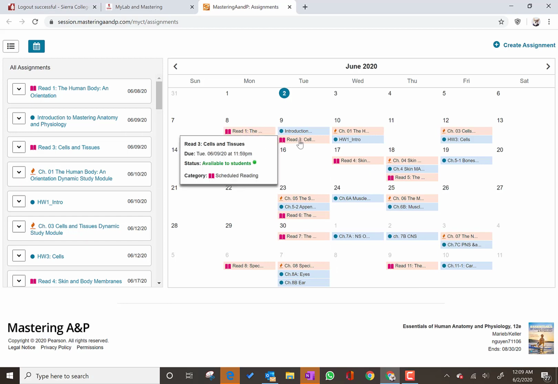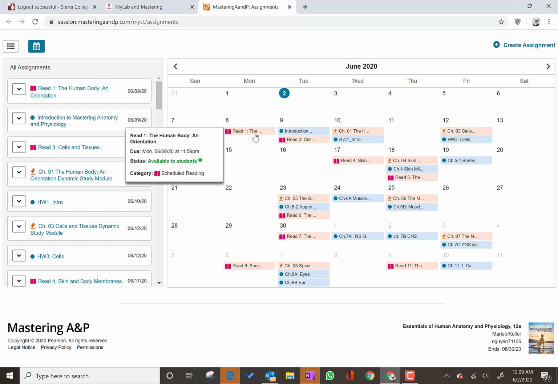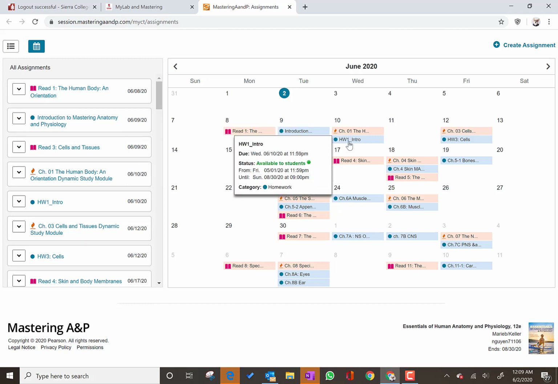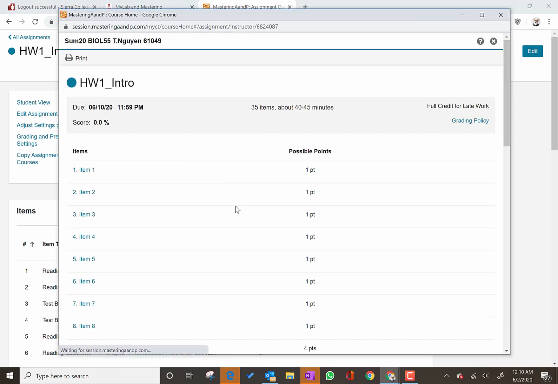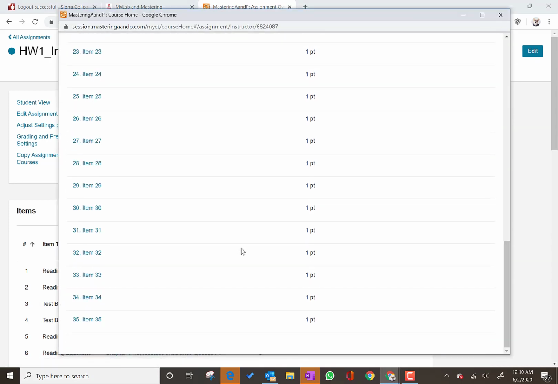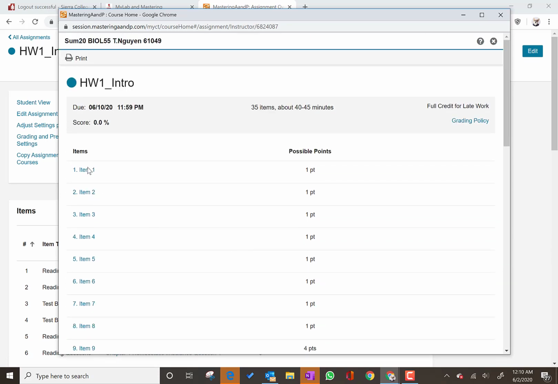So these read assignments, the ones with the pink book, are not due, but if you click on it, it will take you to the e-text where you get to read the textbook. And the ones with the blue circle dot here, these are your homework assignments. So for example, if you click on the homework assignment here, I'm going to send it to student view so you can see it. It will show you all of the questions that you have to do, and then you just click on the question,